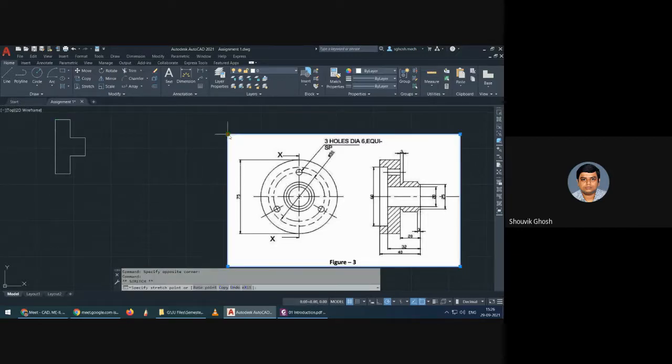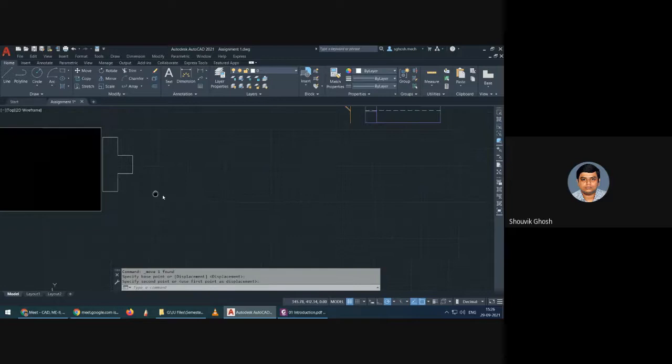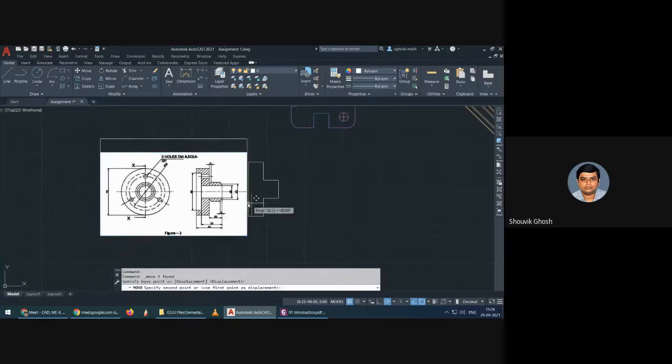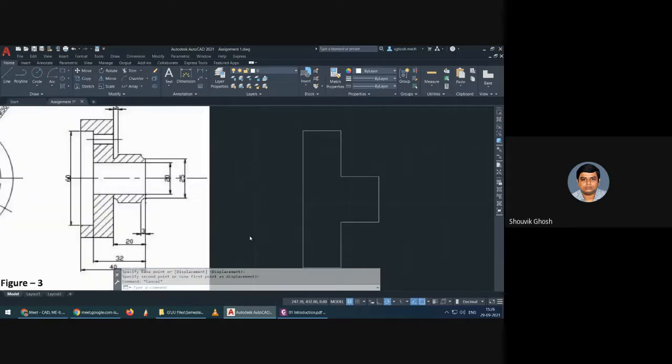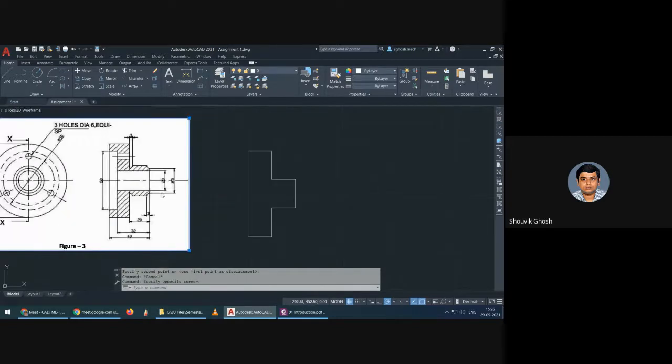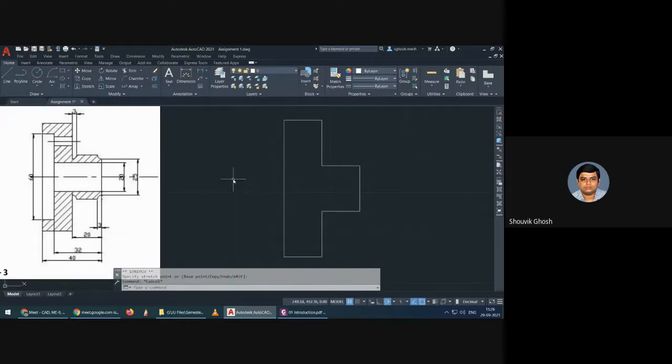So you can see how small the figure is. So we don't need all this particular movement of the object. Now I can zoom in on the figure and draw it properly. I can also make it a bit smaller, no problem, it will be easier to see too. Yes, like this. So this is the outline, 75, 25 and all. So initially we'll draw the center line, then pen.